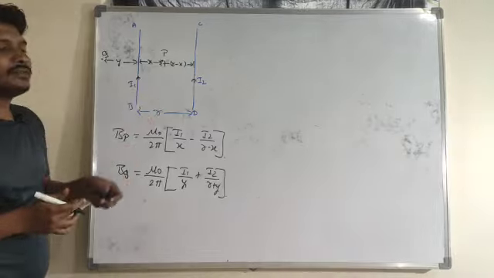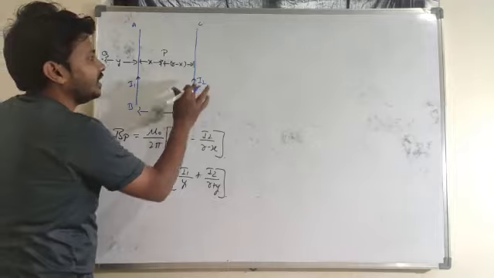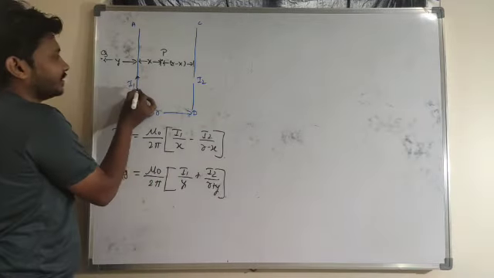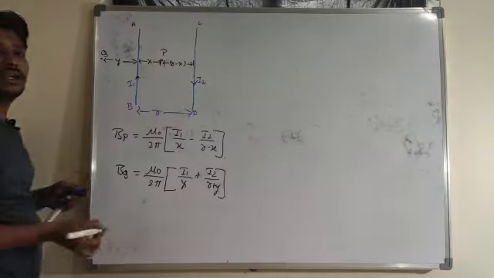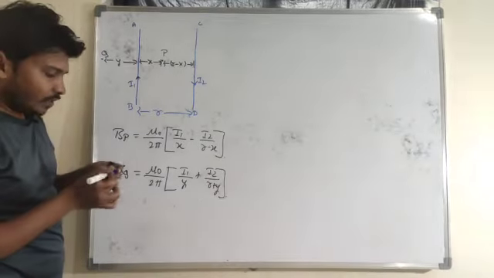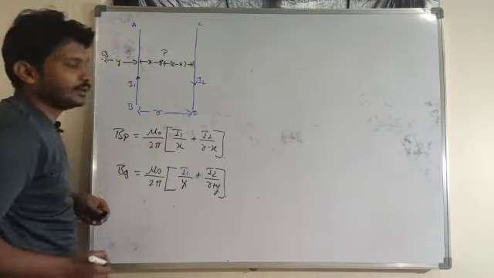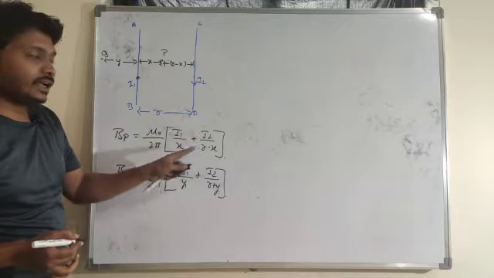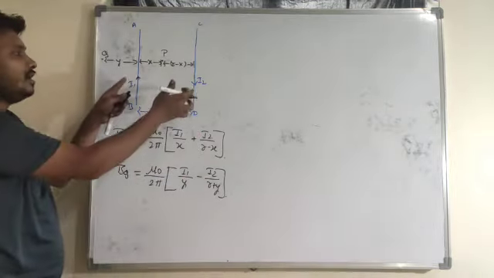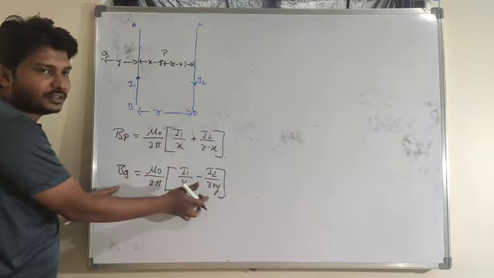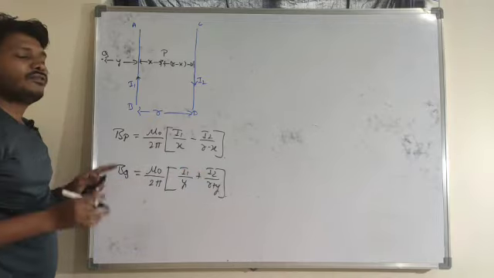So that was for the current flowing in the two wires in the same direction. If the current is flowing in opposite directions, so in the first wire current I1 is flowing upward, in the second wire current I2 is flowing downward, then what is the formula? The formula will change, I will just change the sign here. So I1 by x plus I2 divided by R minus x, the second term will be negative. If the current is flowing in opposite directions, this is the formula. If the current is flowing in the same direction, this will be the formula.